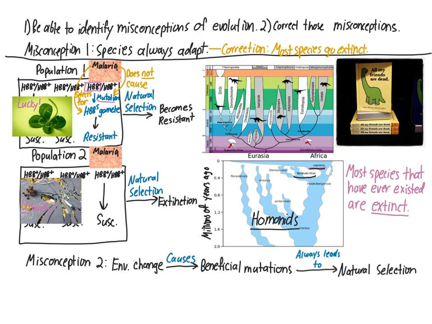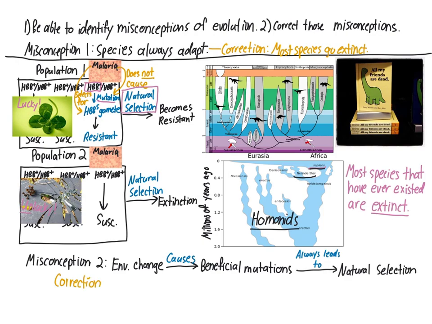In this example, for resistance to malaria to emerge, a gene, among all the other genes, has to be randomly mutated in just the right way, that it just happens to make the offspring of that individual reproduce more in a given environment, namely in the presence of malaria. Both the allele and the environmental pressure that selects for it have to be present for natural selection to occur. So we can now make our correction